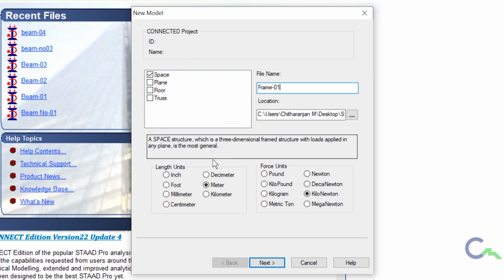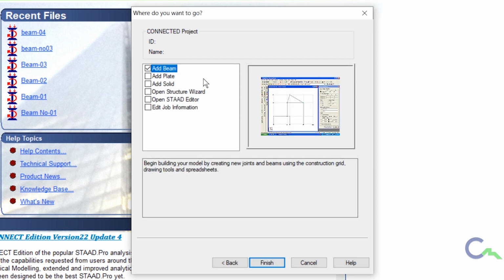Then I will give length unit as meter and force unit as kilonewton. Then click on next. Then I am going to start with the add beam type of problem, in which we get a default grid of 1 meter by 1 meter. Then I will click on finish.